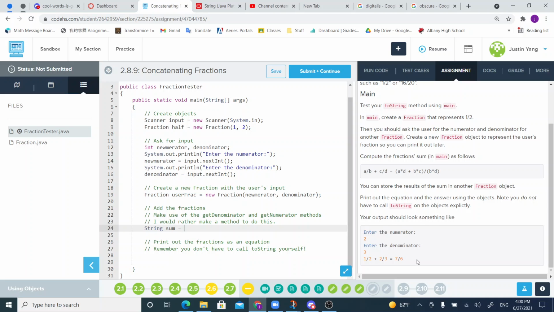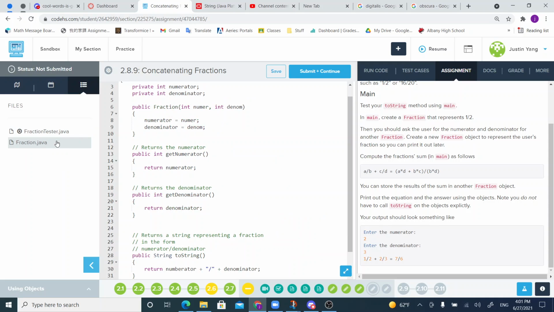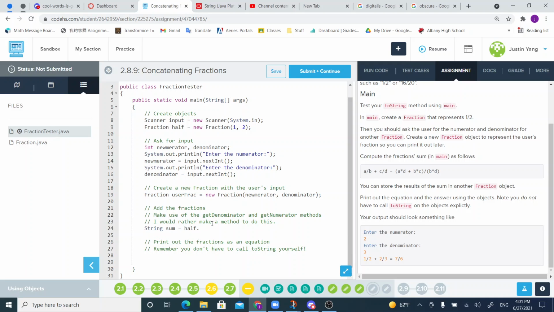It's not a double, and it's not decimal, which is a double, and it's not an integer. So we're going to call it a string. Sum equals, so you get half dot get numerator